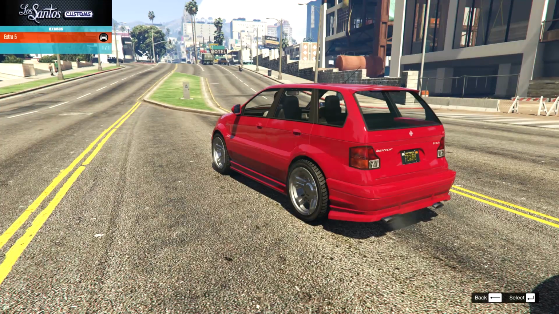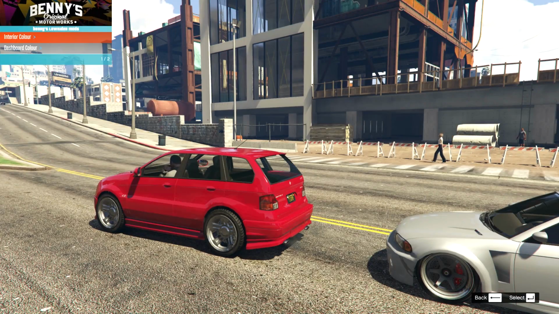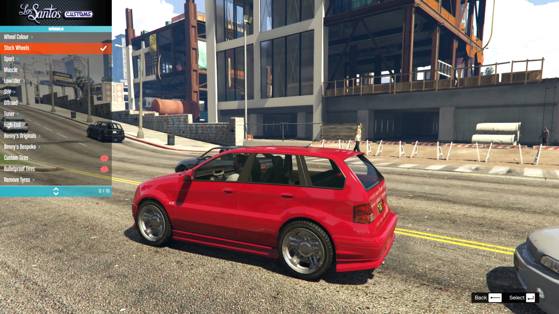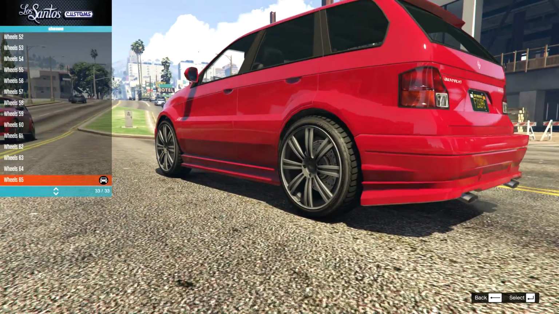On the extras, there is actually a spoiler, which it already came with. So I guess we'll stick with the spoiler as well. And there's nothing in Benny's Lowrider mods. There's no liveries or anything like that. So this has got wheels. And I'm going to go for SUV wheels this time and see if we can't get something completely pimp. I mean, that's not even chrome, but...